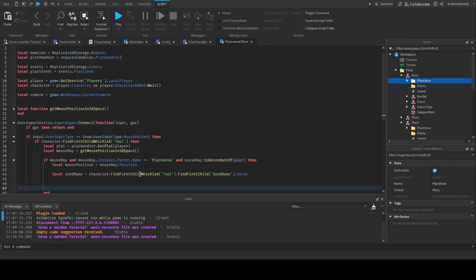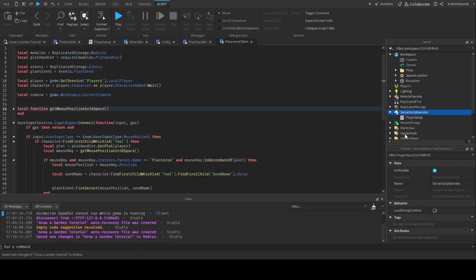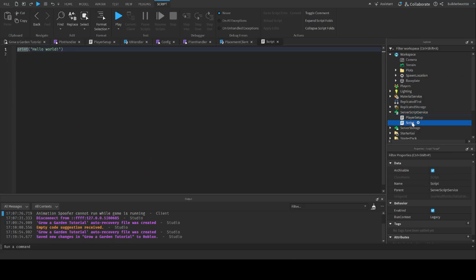So that plant event colon fire server, and we're going to send it the mouse position and the seed name. Now we have to go onto the server. So I'm going to make a new script in server script service, and I'm just going to name it server for now. And inside of this, I'm going to get replicated storage,